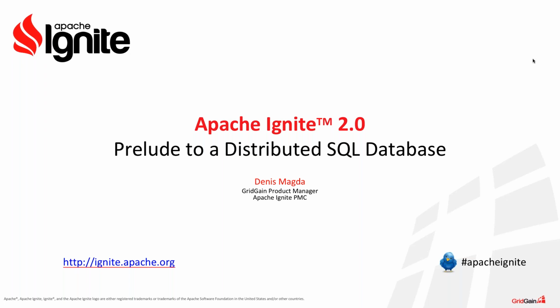Hello, everyone. Thanks, Elisa, for the introduction. So once again, my name is Denis Magda, and I'm a product manager at GridGain and the PMC chair of the Apache Ignite community. Speaking a bit about myself, I joined GridGain in 2015 and became an Apache Ignite committer in the same year. All this means that you are welcome to ask me any tricky questions that come to mind throughout this webinar.